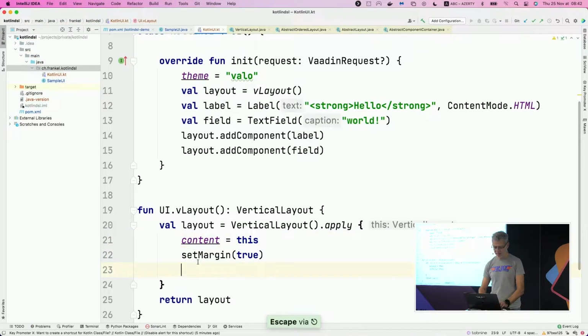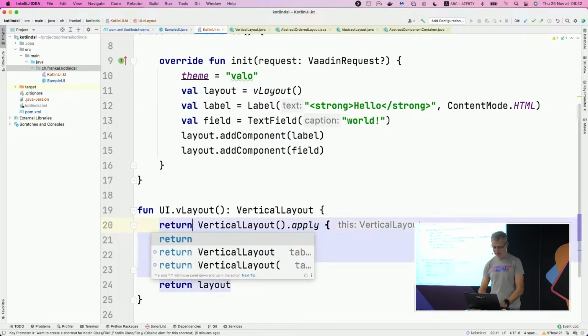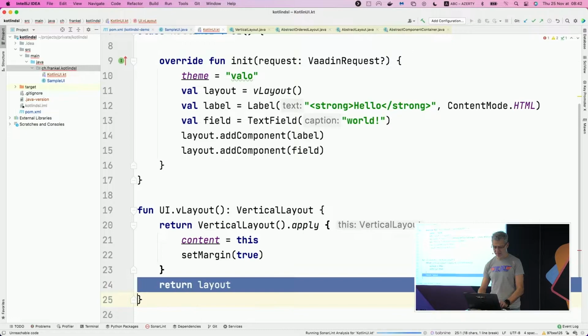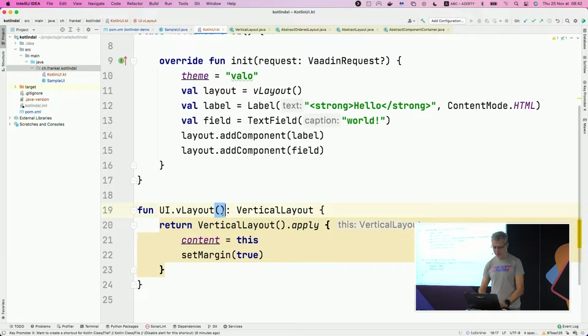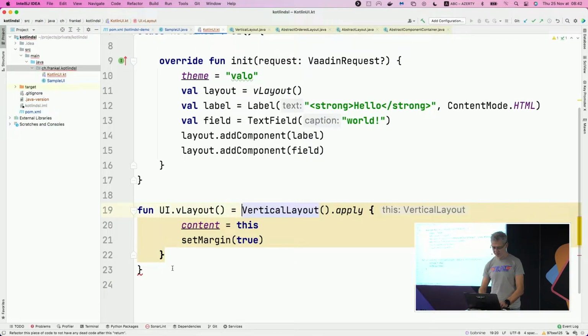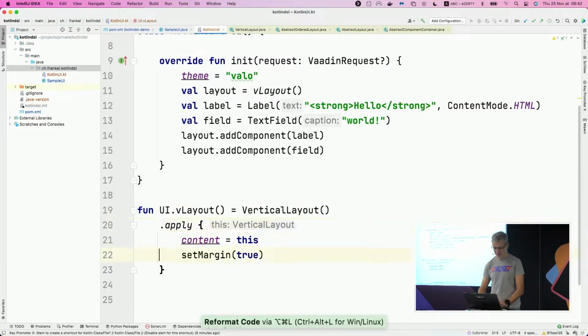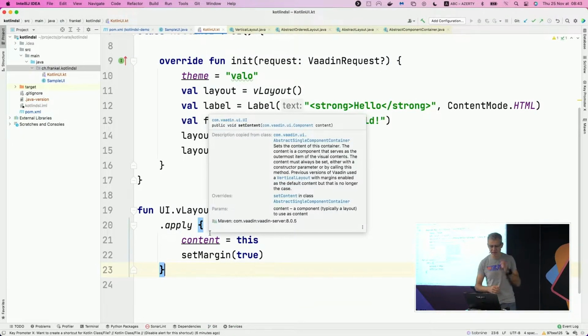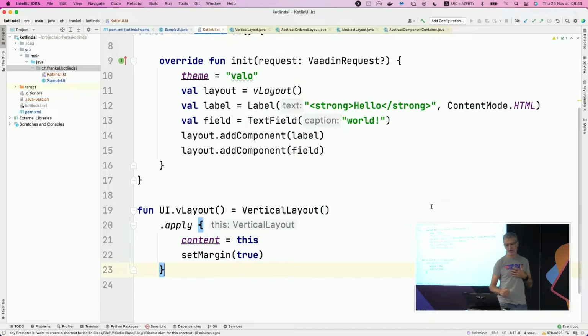And because I return the layout that I've just created, you can write something like that. And because I'm super lazy, I can write something like that. Nice? Yep. The thing is, this apply stuff, I use it a lot, especially when I design DSLs, because then